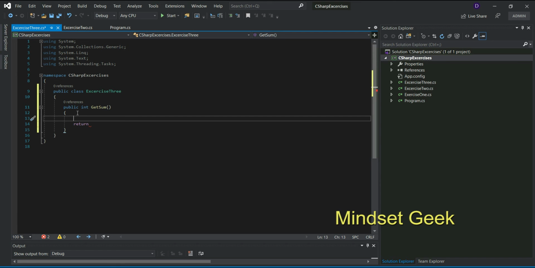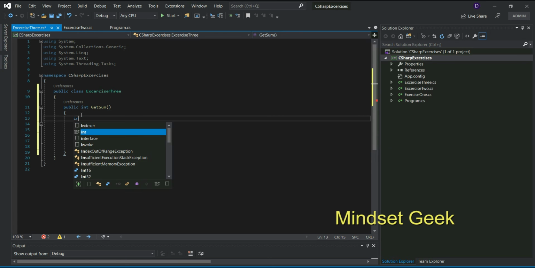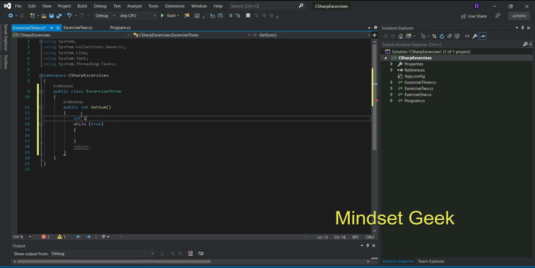While loop, we know how to iterate 10 times. This time use a while loop. First of all, I make a variable int i is 0.